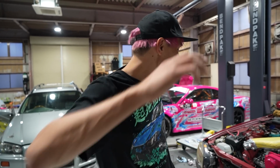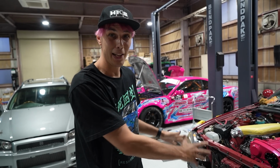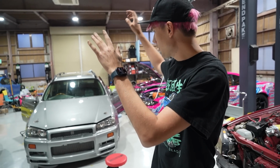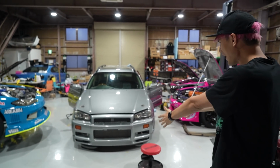Today's super exciting. We are hoping to get this started for the first time, which is gonna be legendary. This is the OG Skyline. This is what started my life here in Japan, so it's super special, and hopefully all the parts arrive today and we can get this done. Otherwise, we're gonna be swapping the interior from the giveaway stage here and the spare part stage here. So everything good from this car is gonna come out and go into there and make this thing even better for you guys. But first of all, I've got to go to Up Garage to get a few parts and things that are missing,